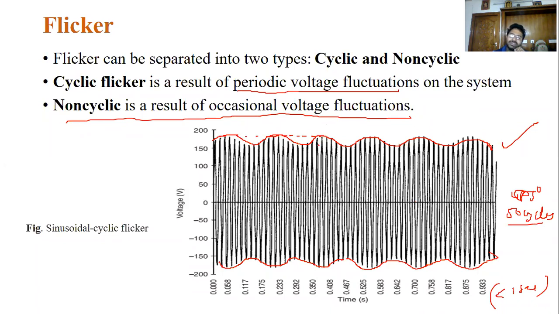You can see how many waves will affect this. Now see this. In 1 second, that is 50 cycles, you will get this type of power. Or you will send this type of power to the automation industry. Imagine how those devices will act. So there is a huge impact on the automation industries.